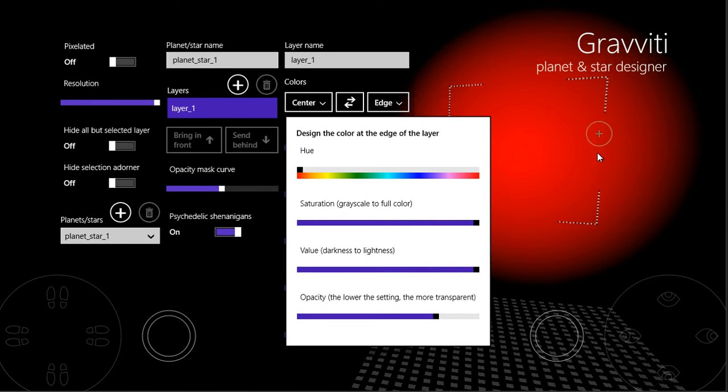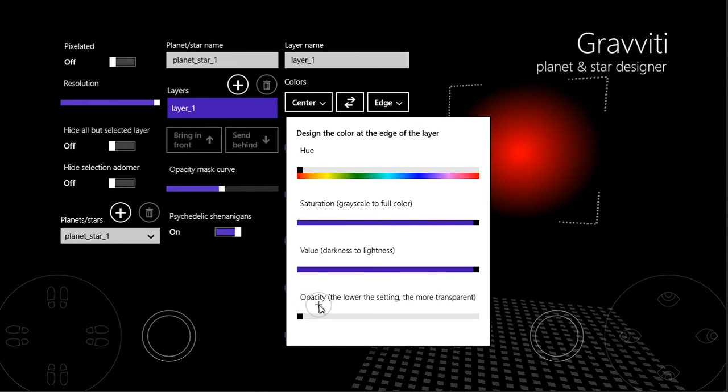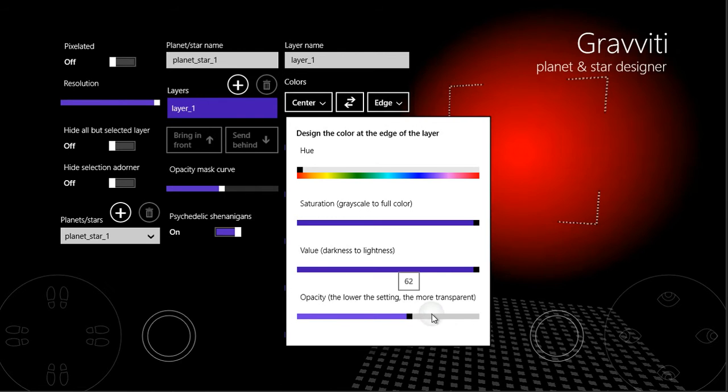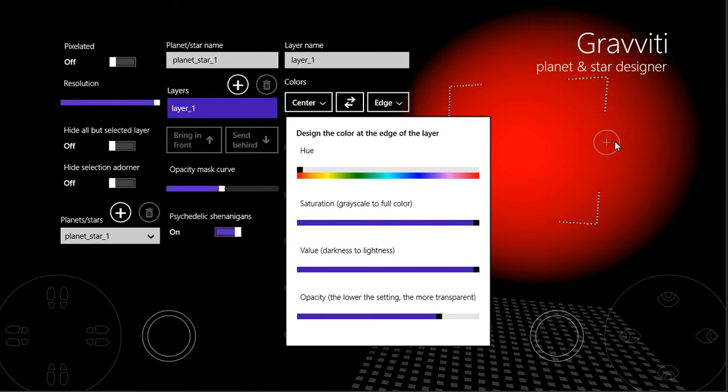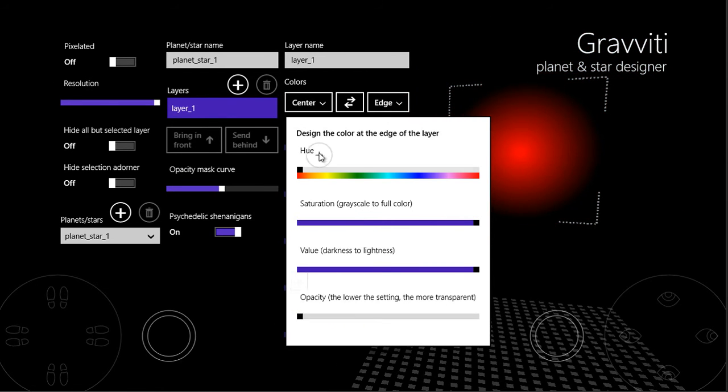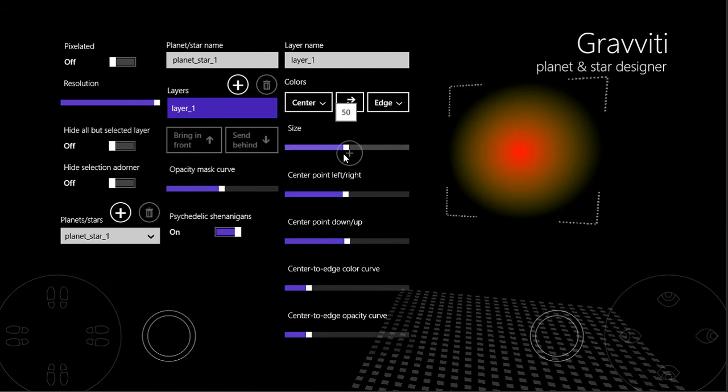So it only looks like there's an edge there if the edge colour is fully transparent like that. Otherwise the colour spills out beyond the selection adorner and across the rest of the texture. From the selection adorner though, you can see where the edge colour is and where the centre is. So I'll set the edge colour to fully transparent yellow,